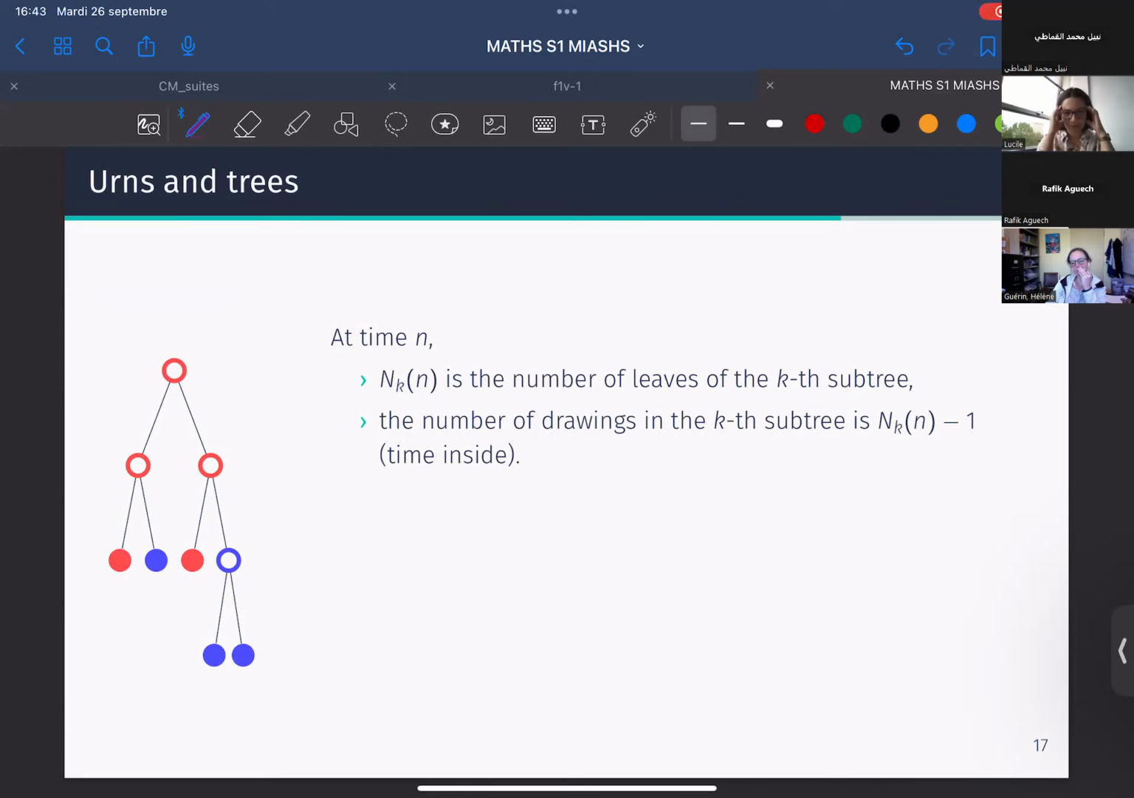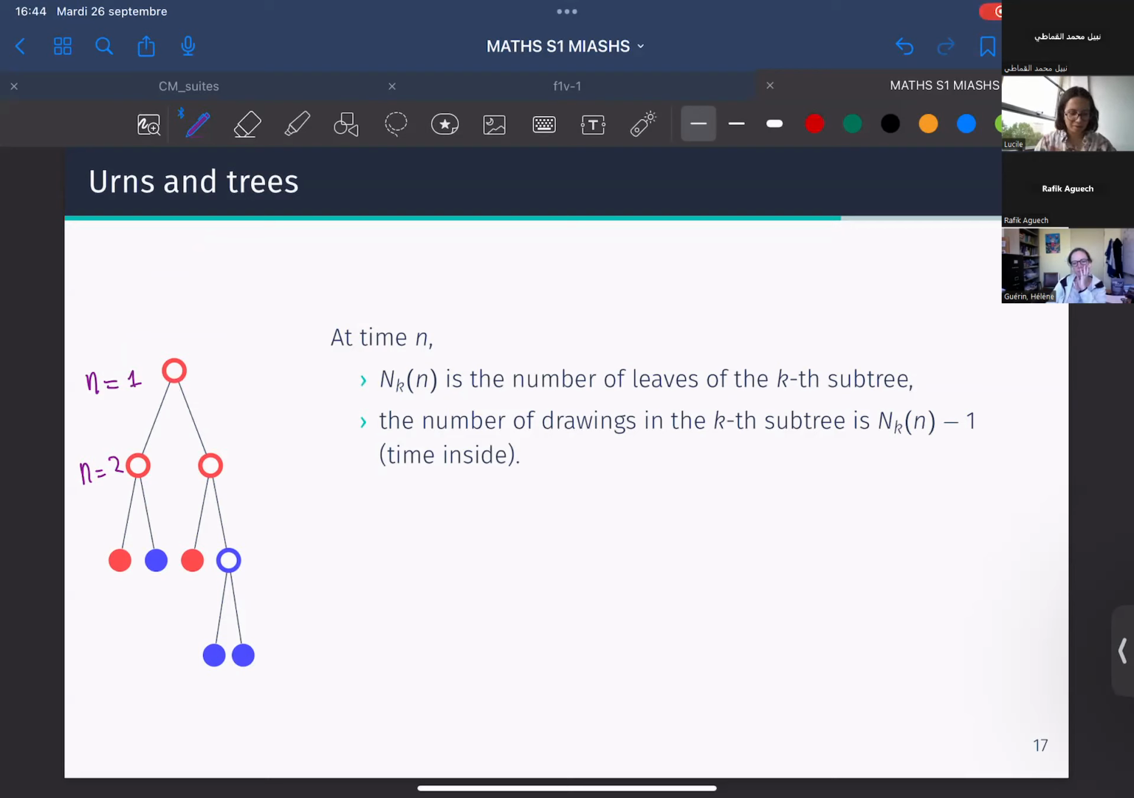So if we start from one red ball, then at time 2, we either have one red ball and another red ball, or we have one red ball and one blue ball. Here it's an example. We say that at time 2 we had one blue ball. So this is time 1, and this is time 2. But then the next is not the time, because we say that every time we pick a ball, then we